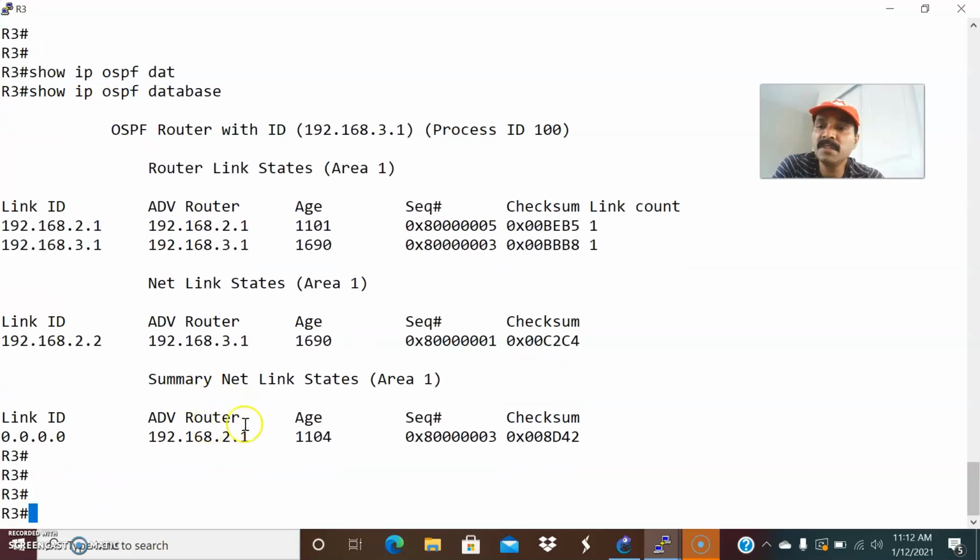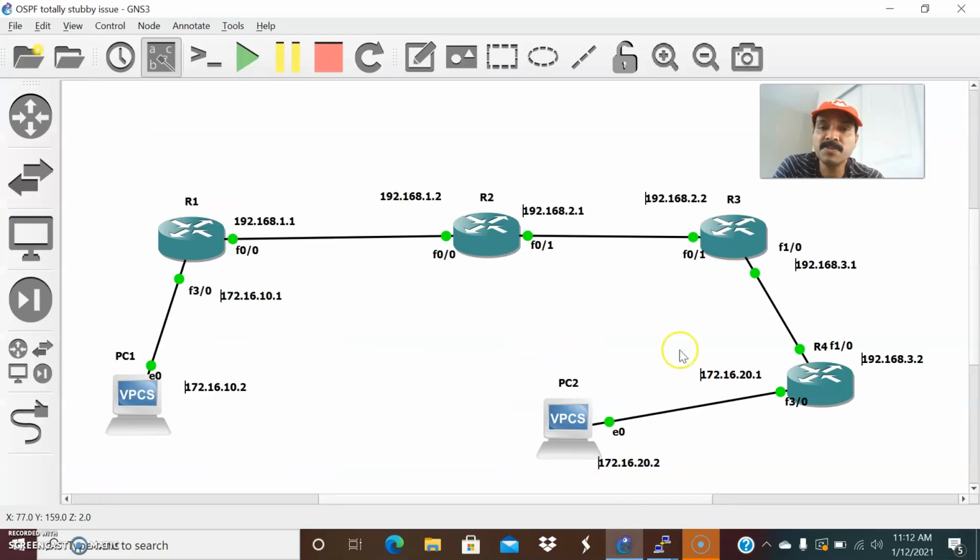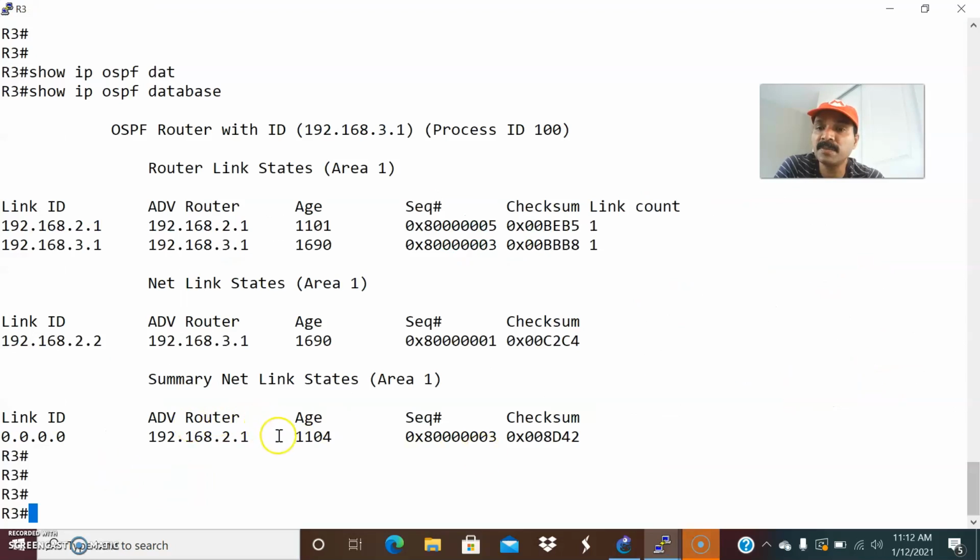So here you have to see the type 5 external LSA, right? About the OSPF, type 5 is nothing but an external route. The EIGRP routes always show as type 5 external routes. It's a non-OSPF domain, but we are not seeing the type 5 external LSA. That is another troubleshooting you have to do.